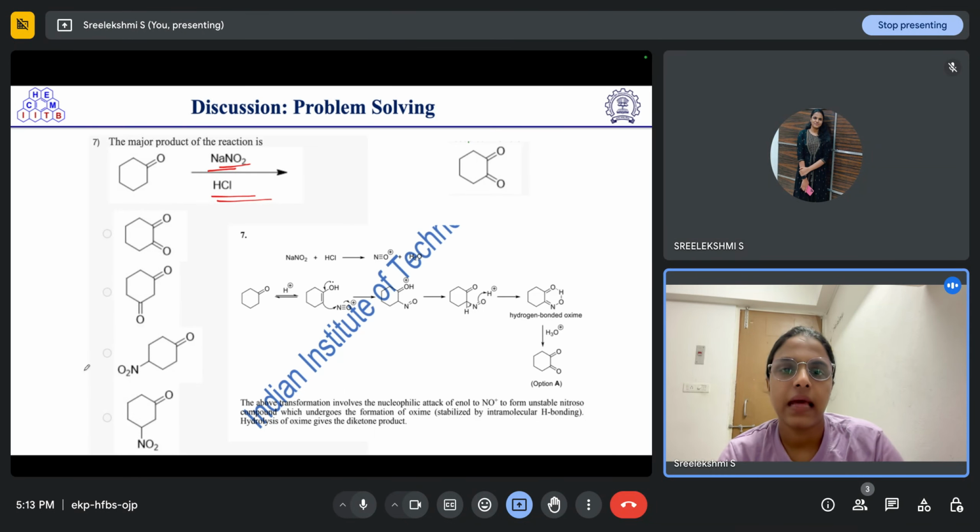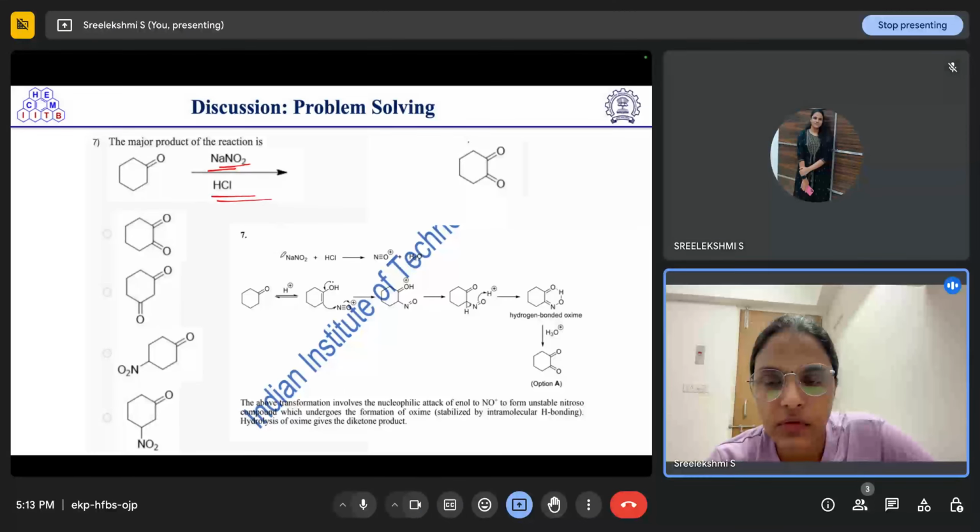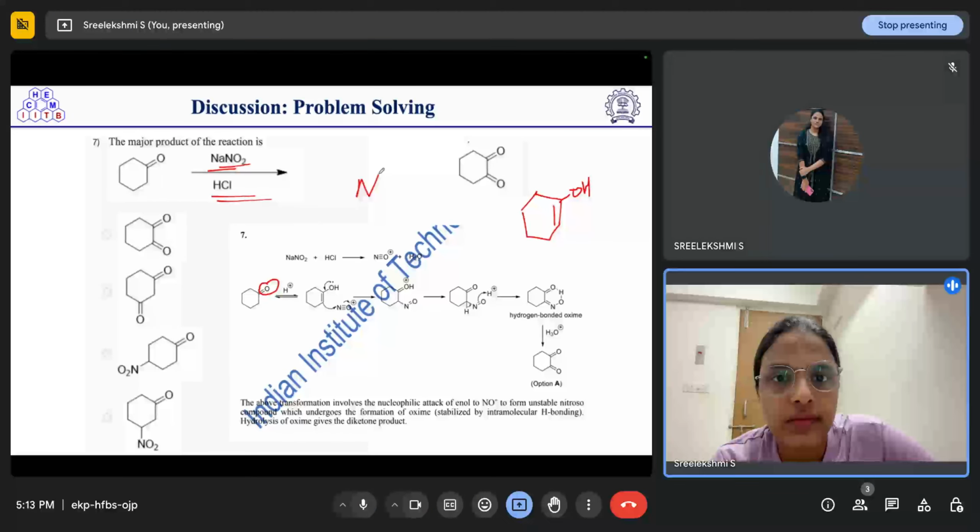So here what is happening is that first in the presence of this acid HCl we are using, this will get protonated and it will form this particular enol. That is first this enol is being formed, here double bond and here OH. Then NaNO2 we know it is a source of this N triple bond O